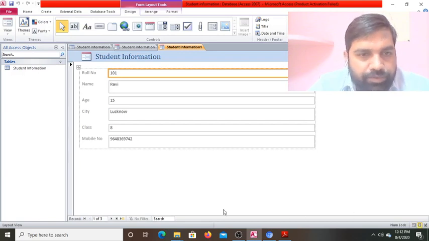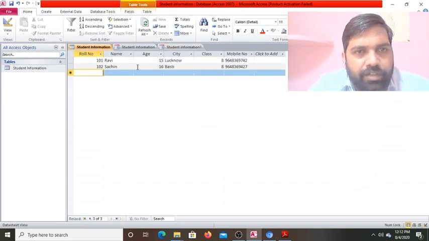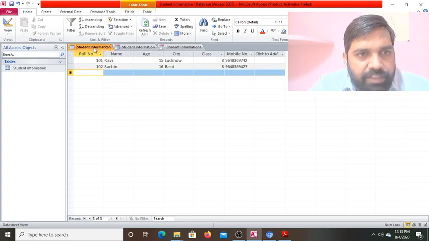This is the layout view. By clicking on this, you can go to the first record. Here is the student information table, okay, that is active. And here also you can see all the tabs are there. Student information, the form view, student information one is there. Here my previous table, that is the student information in the datasheet view, is there. Okay.